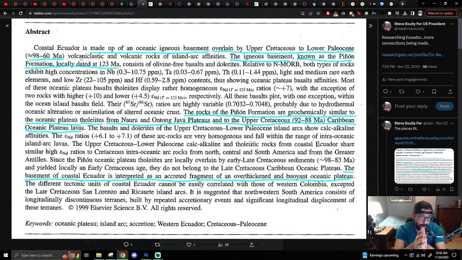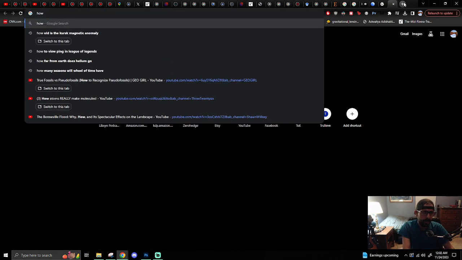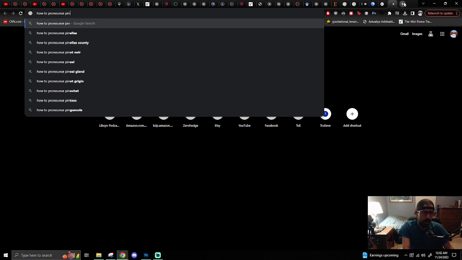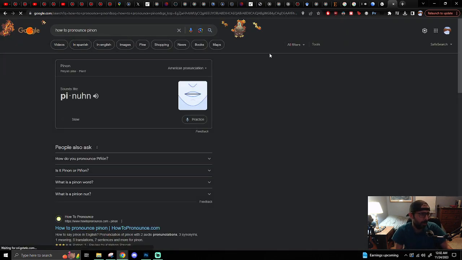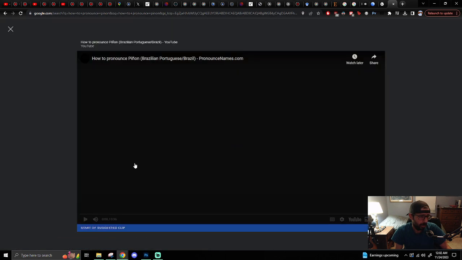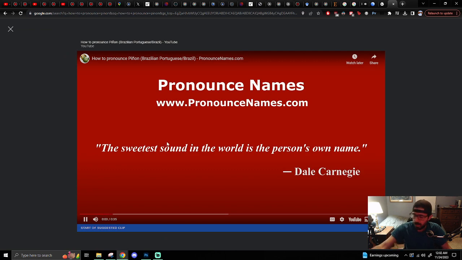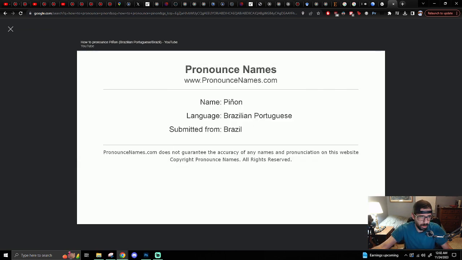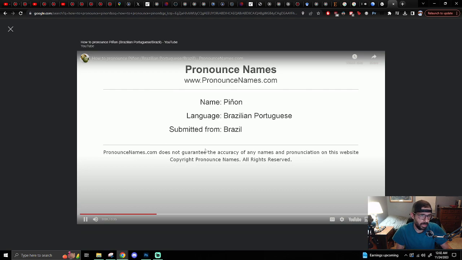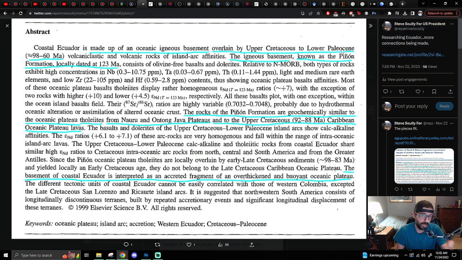Okay, so the igneous basement, known as, how to pronounce, I don't know this one. pronouncenames.com. Pinon formation. The Pinon formation, which is locally dated to 123 million,